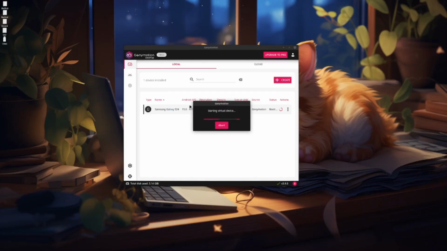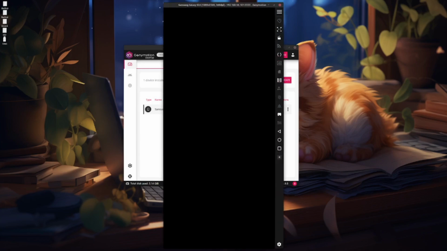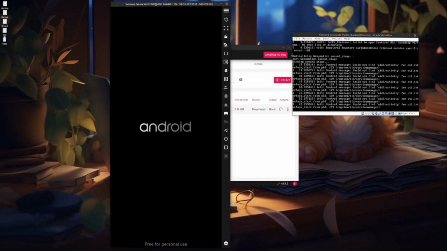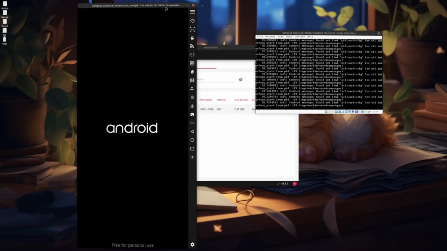The Linux part of it is hosted in VirtualBox. So here it is. It is a bit slow because of the system properties, and I guess it requires a lot of resources. While it starts,